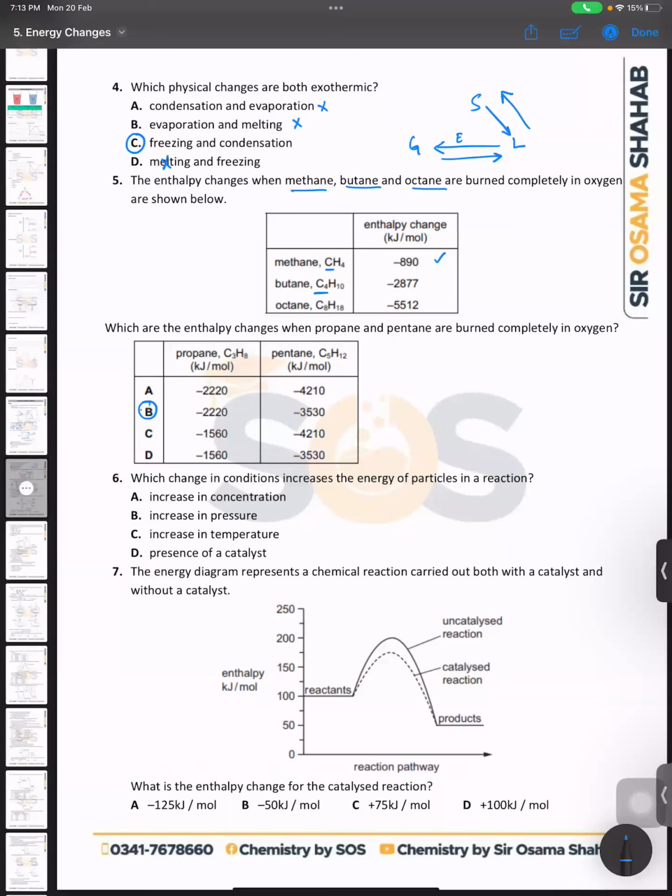और फिर C4 मतलब ब्यूटेन का मतलब होता है 4 कार्बन, तो यू कैन सी दिस 4 कार्बन वाला कंपाउंड जब बर्न हो रहा है तो इतनी एनर्जी रिलीज हो रही है, और 8 कार्बन वाला जब बर्न हो रहा है तो इतनी रिलीज हो रही है। दे आर आस्किंग टू प्रेडिक्ट कि भाई अगर आपके पास 3 कार्बन होंगे तो कितनी एनर्जी रिलीज होगी, और 5 कार्बन होंगे तो कितनी एनर्जी रिलीज होगी। जस्ट लुक एट ओवर हियर बच्चों,